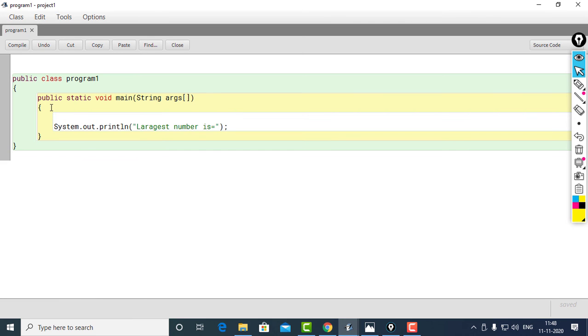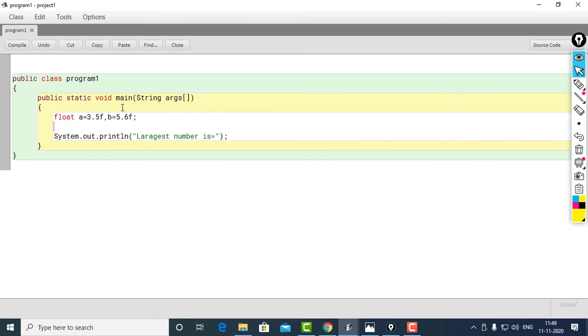So what we can do here, our program is to find the largest of two numbers. So here we can declare an integer variable a, or let it be a float variable. We have seen integer type. So float a is equal to 3.45f. Then one more variable we can declare, float b is equal to 5.6f. So we can compile. There is no error in the declaration of variables and initialization also.